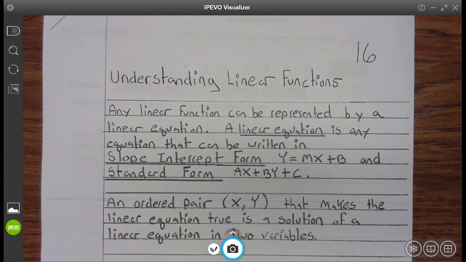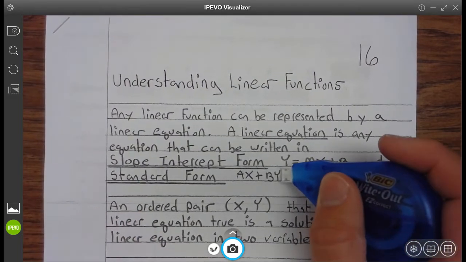Okay, Wildcats, today we're going at journal page 16, Understanding Linear Functions. Any linear function can be represented by a linear equation. A linear equation is an equation that can be written in the slope-intercept form y equals mx plus b and standard form ax plus by